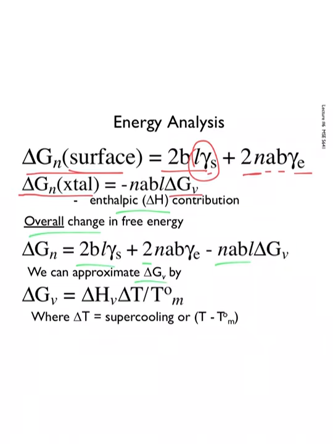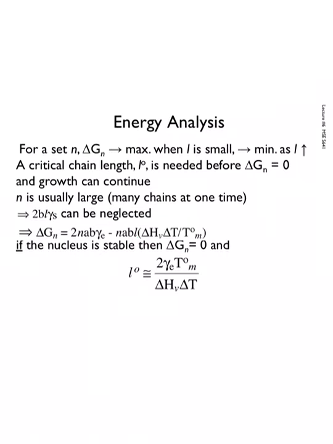We approximate delta GV, as we are often happy to do, as delta HV times delta T divided by the melting point, where delta T is, in your terms, undercooling, or T minus Tm. Okay? And so this captures everything, both surface and volume, and tries to utilize that to give us a sense of what's important in these systems. And so for a set N,